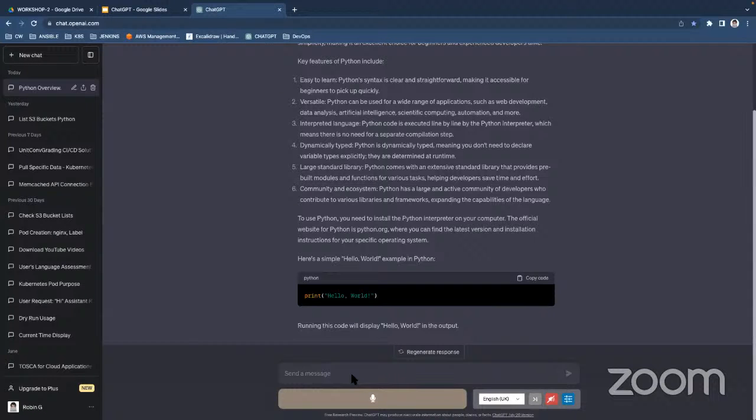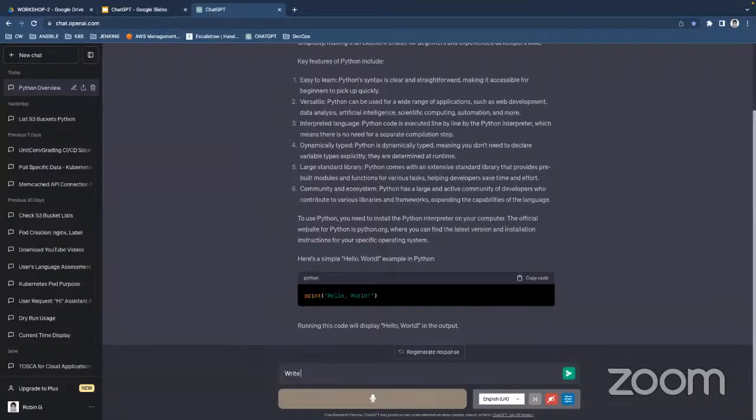So now I'm starting to ask a simple question to ChatGPT. Sometimes ChatGPT is not allowing you to upload a file into it, but if you just copy the file content and paste it there, it's going to show you the result as well. So I'm starting with my first question.